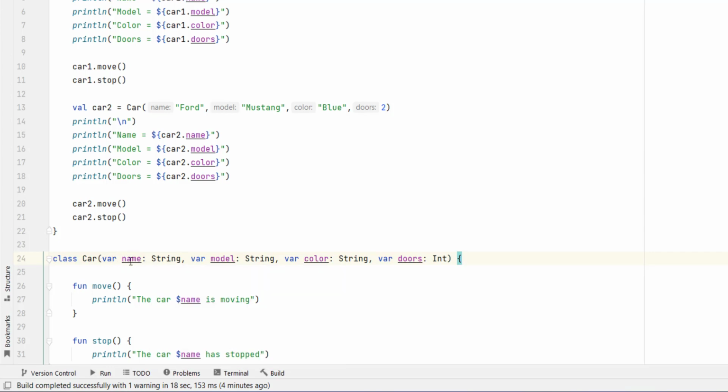So they are storing the value that we pass to them for the object that we create. It's not like previously where we have the parameter, and then the value is passed to the property inside the class.